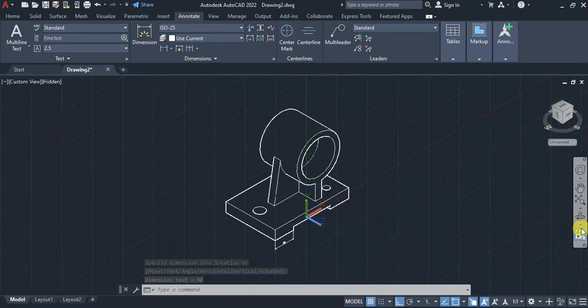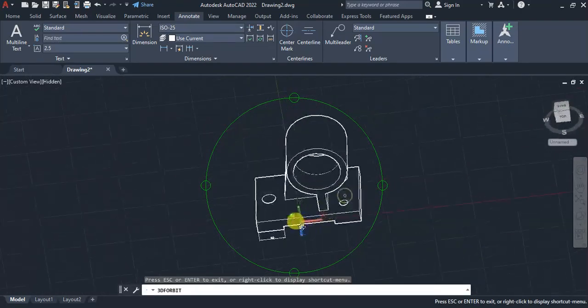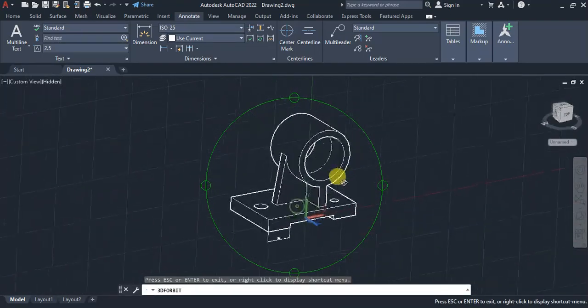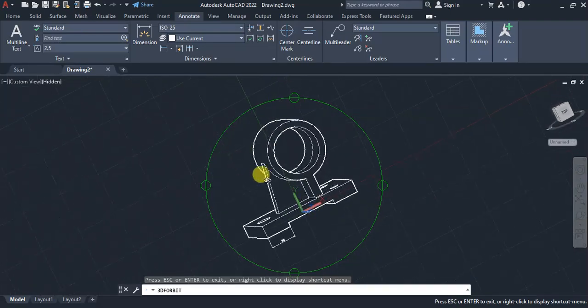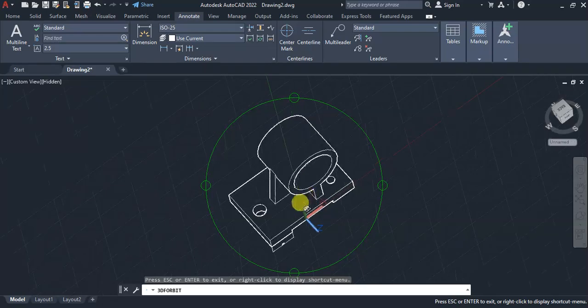So with that, if you come to our free orbit, you can have that as the part that the question wanted us to attempt. So that is it